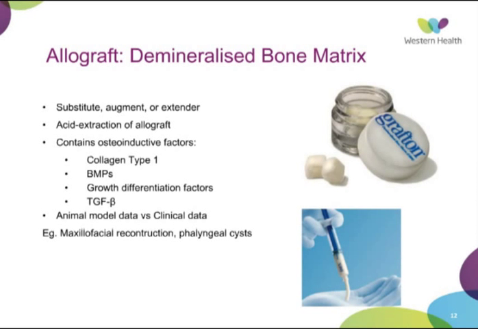So demineralized bone matrix. This is a form of bone allograft, which is treated with acid extraction, which removes the mineral content and leaves the collagenous structure of the bone behind, as well as some of the non-collagenous proteins. And this includes some of these bone morphogenic proteins and growth factors, but really in very trace amounts. And the DBM is usually formed into, I'll speak about it later, but